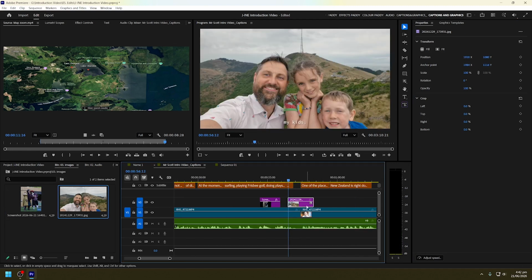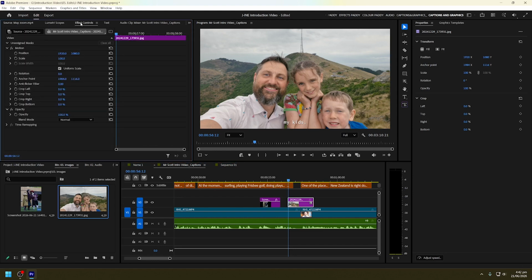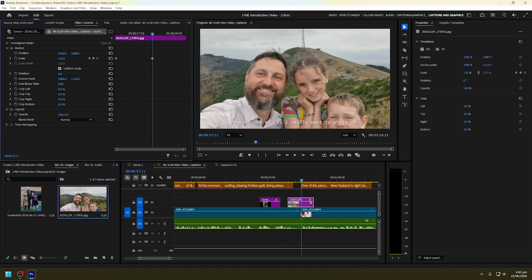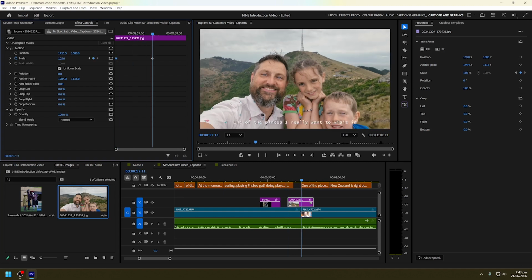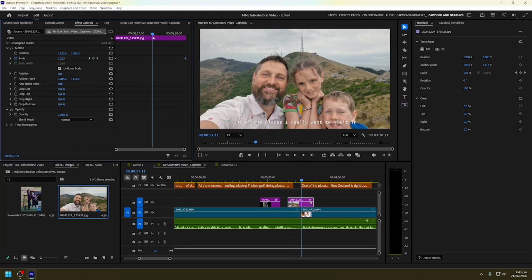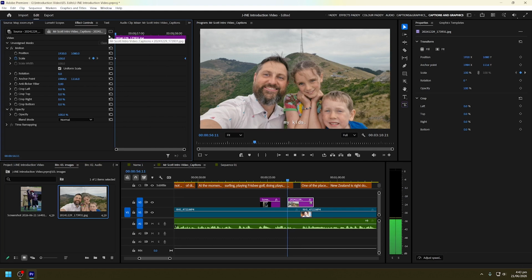One thing that can be nice to do with B-roll is if we go to our effect controls and take our clip, we can animate it. In order to do this, we click on the stopwatch, and this sets what's called a keyframe. A little diamond here, and then we might want to zoom in just a tiny bit. And then we can move these two keyframes to either end of this, and now you can see that nice